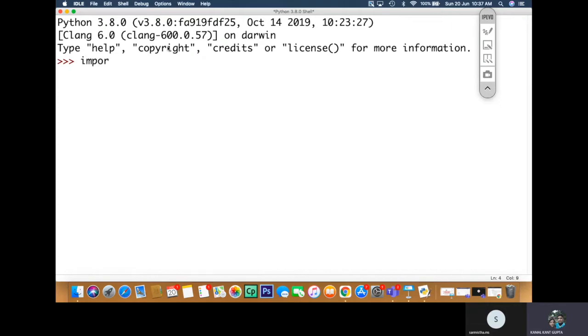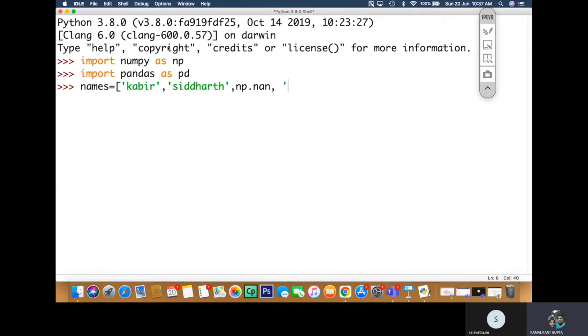Import numpy as np, import pandas as pd, and then I'm writing here names is equal to Kabir, Siddharth, np.nan, and then Ratul. I think nan is a NumPy function, not a constant, well, we will see that.